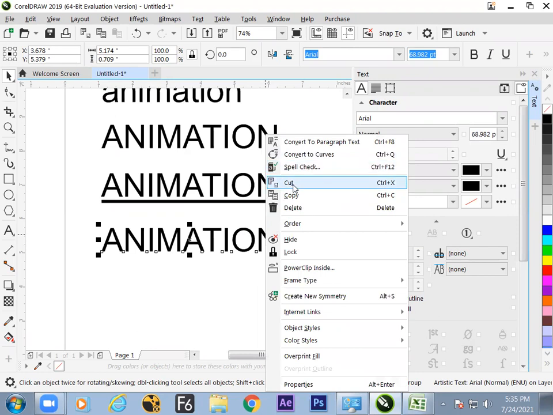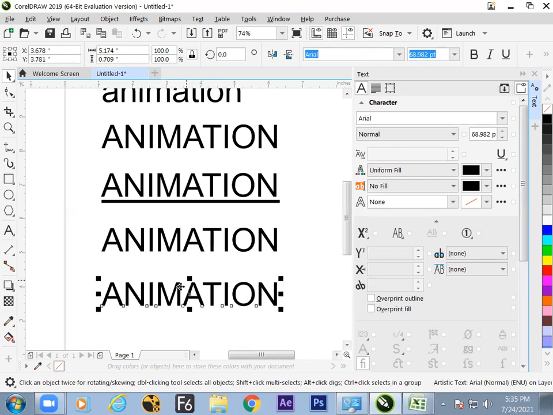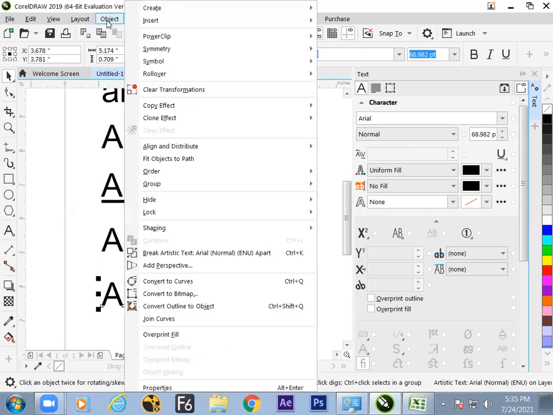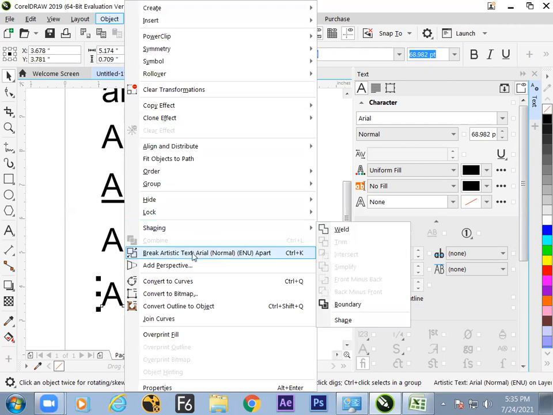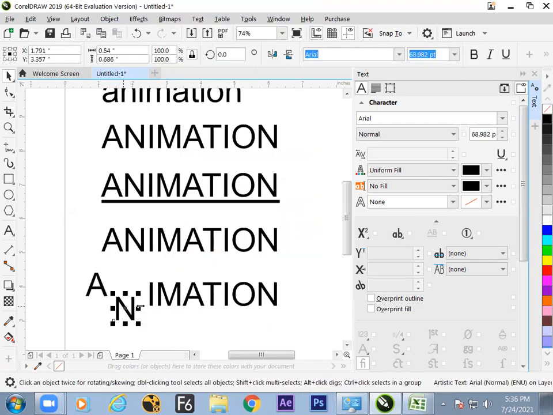Check spell. Now we'll be moving to the next higher part inside the text: how to convert the text into objects. Switch to the object menu and go for this. It's a beautiful option: Break Artistic Text Apart. Control K. What happened now? It becomes individual text, but it is still text.